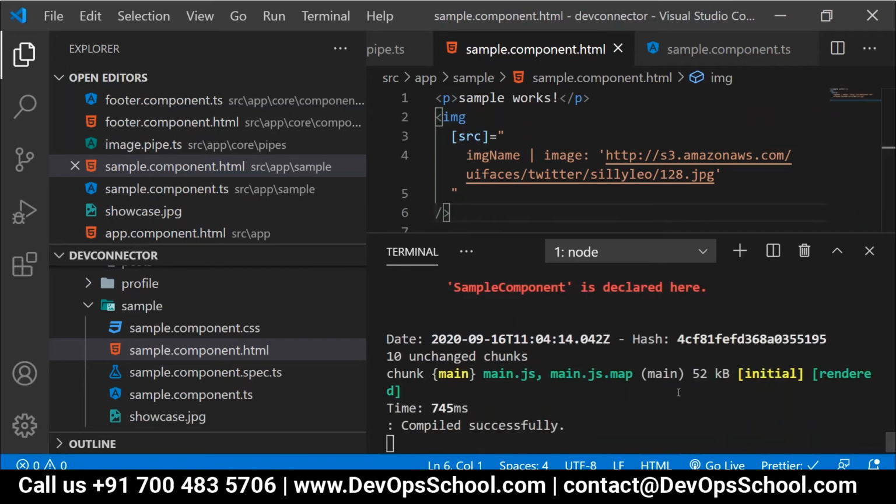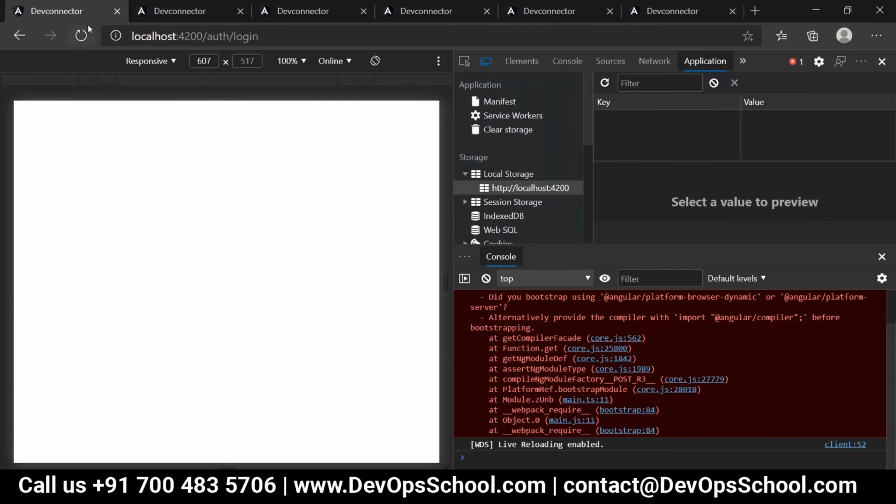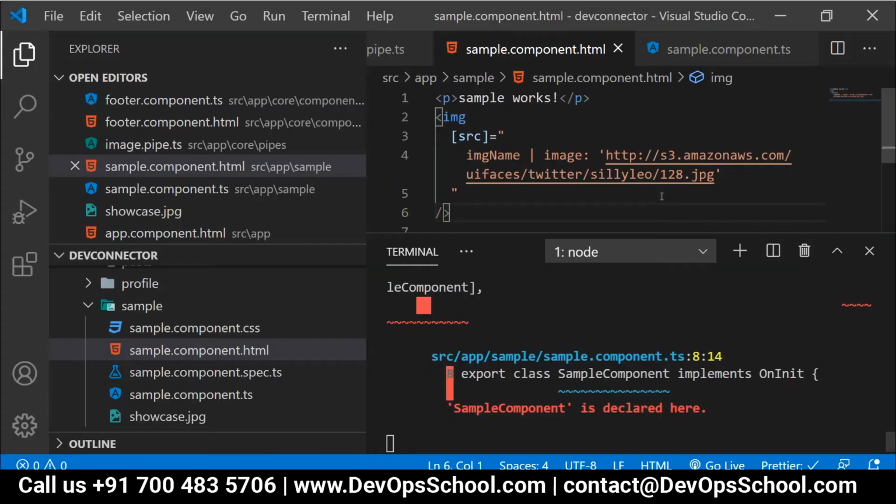People, did you get the mistake? Yes, there is an issue with the double quotes. Now it is set. Still, what is the problem?